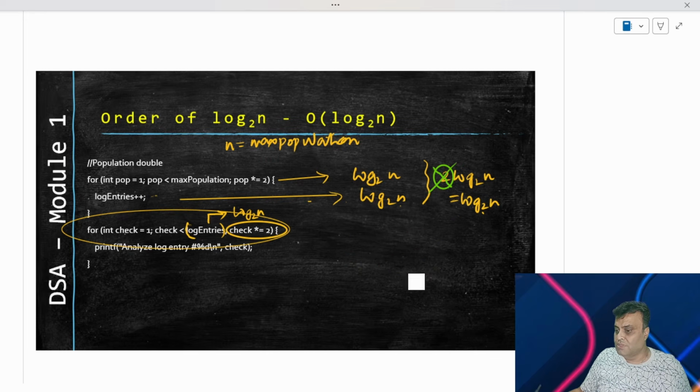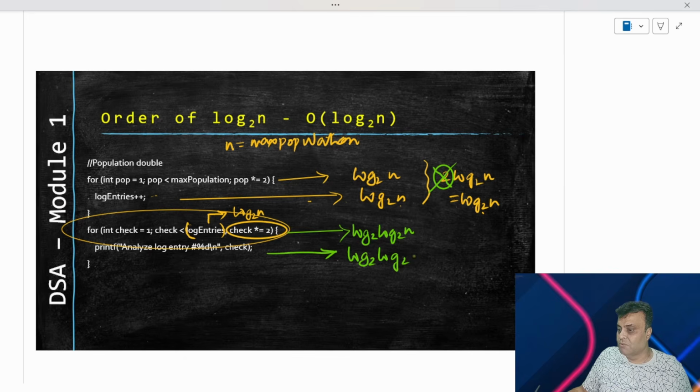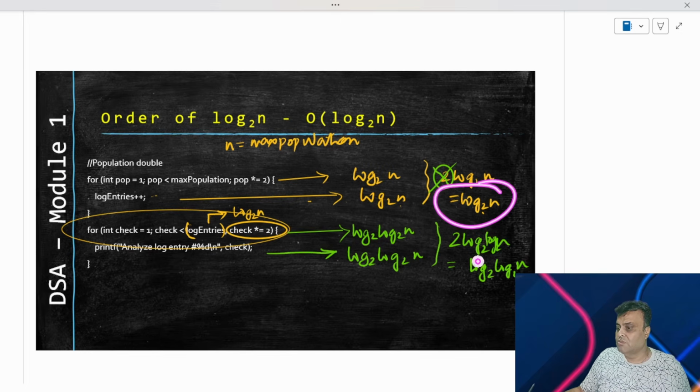So then what happens is we can therefore write this particular line executes itself for log base 2 of log base 2 of n times. And all the lines within it execute with the same log, which is log base 2 of log base 2 of n. So what we have here is 2 log base 2 of log base 2 of n, which actually we can again with the same argument say as log base 2 of log base 2 of n, right? So now we have something which is log base 2 of n and something which is log base 2 of log base 2 of n, right?